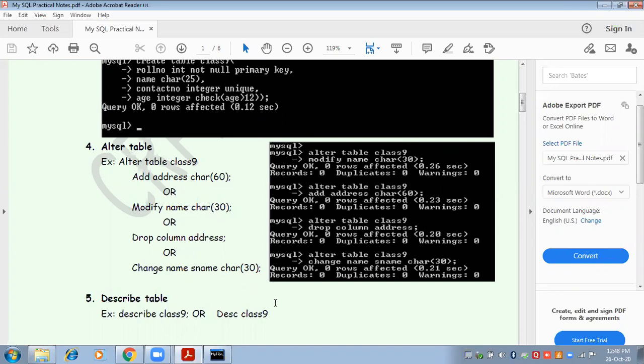For example, the existing name of the field was class, and now I wanted to change it to class_section. So that can be done with the help of change command, but there will be no space and no ampersand sign between class and section. Underscore you can use. So it is clear to everyone what four different types of operations we can do with the help of alter command.